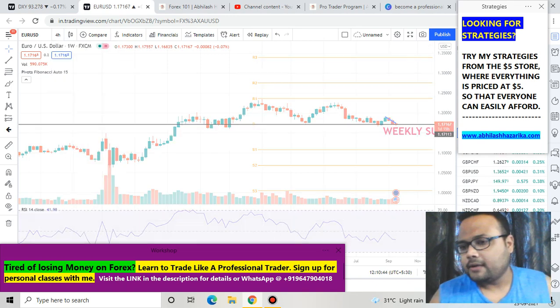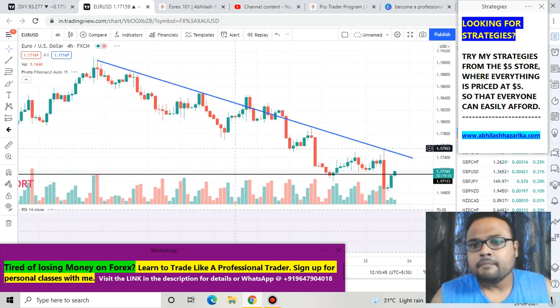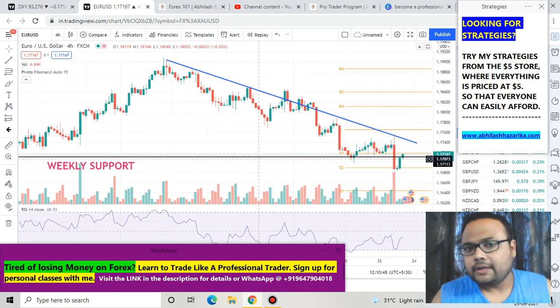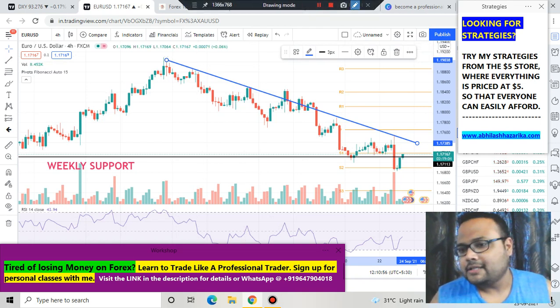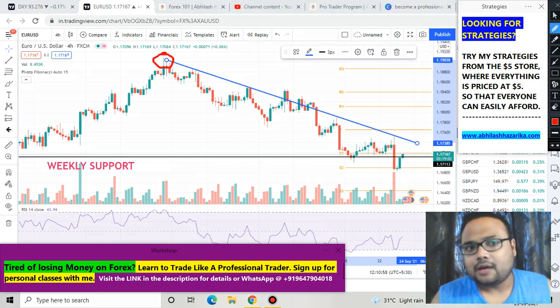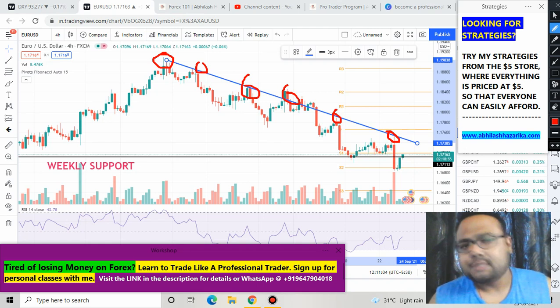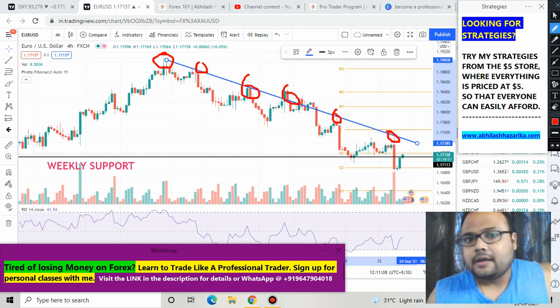So let's go back to the chart of 4 hours. Apart from the weekly support level, we can see that I have also drawn a trend line here. This trend line is the dynamic resistance for the market, because when we join these price levels, we can see that the market is following this trend line as a valid dynamic resistance,